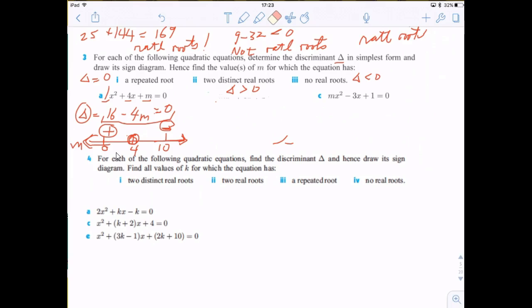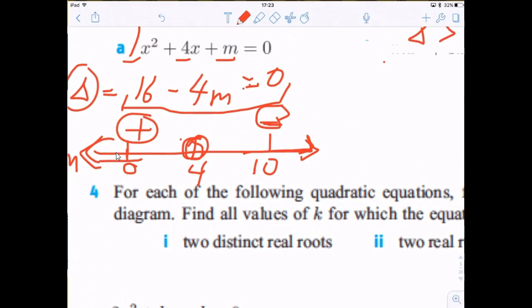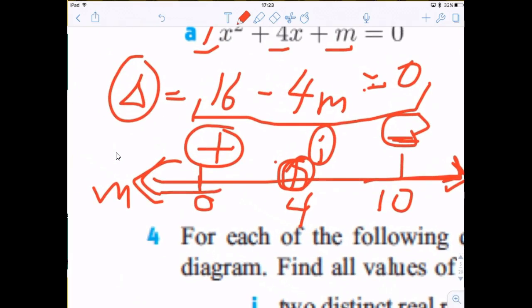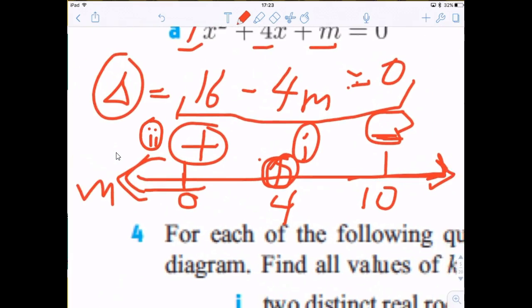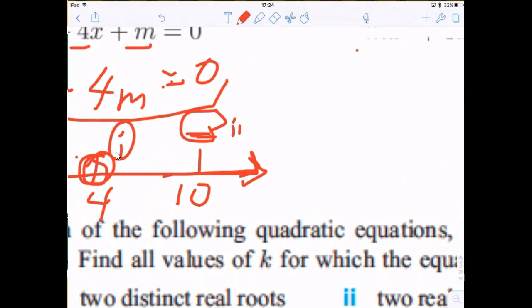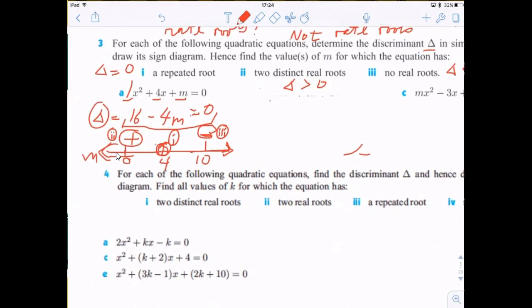Okay? All right. So now I'm going to say that here at 4, it's going to be case 1, right? And I'm going to write that here. At 4, it's case 1. And then, which is a repeated root. And then 2 distinct real roots happens when the delta is positive here. Okay? And then last of all, no real roots happens when delta is negative, which is here. Okay? So those are the